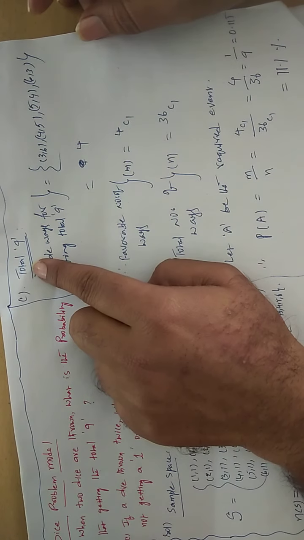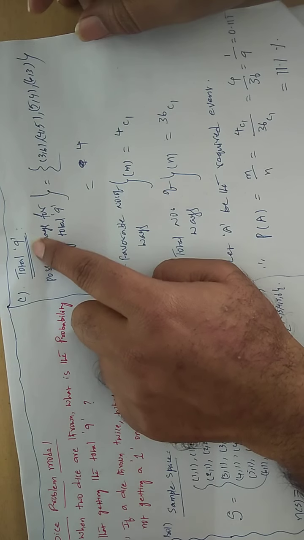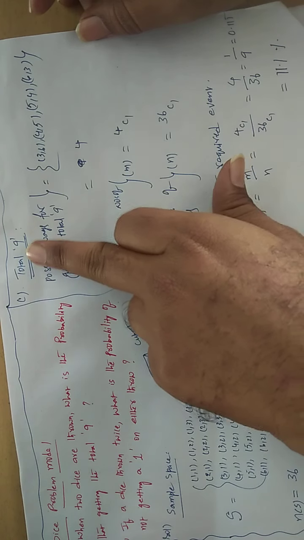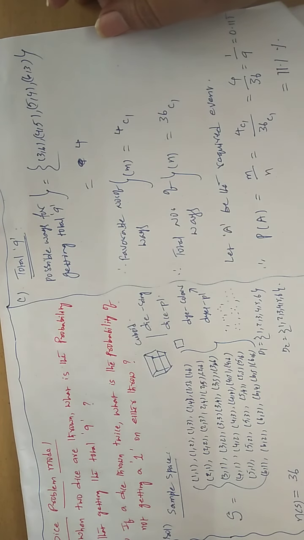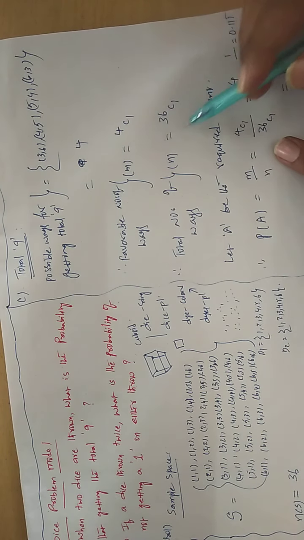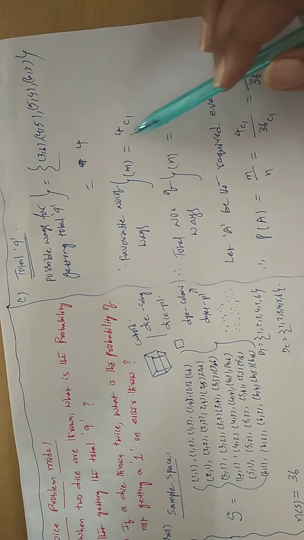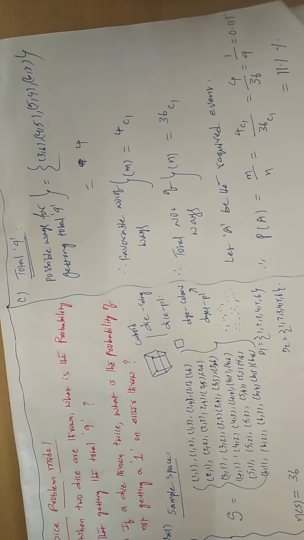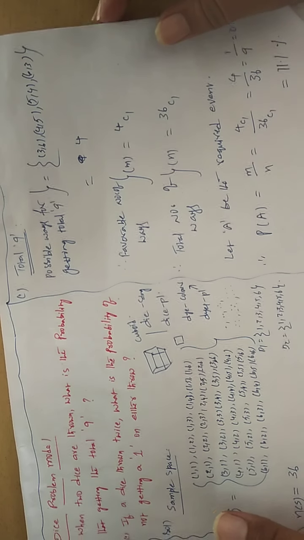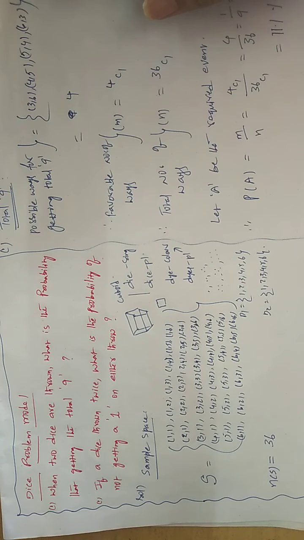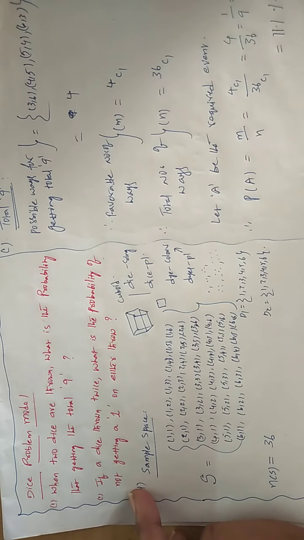In the same way, you can try at home for the total of 10, the total of 11, and let us suppose an even number, an odd number. Write down the favorable ways like this. And everywhere, the n is going to be the same, but the answer is going to change. So this is the idea of how to draw the probability value from the given problem whenever it is related to any dice throwing problem. Now let us solve one more problem based on dice only.